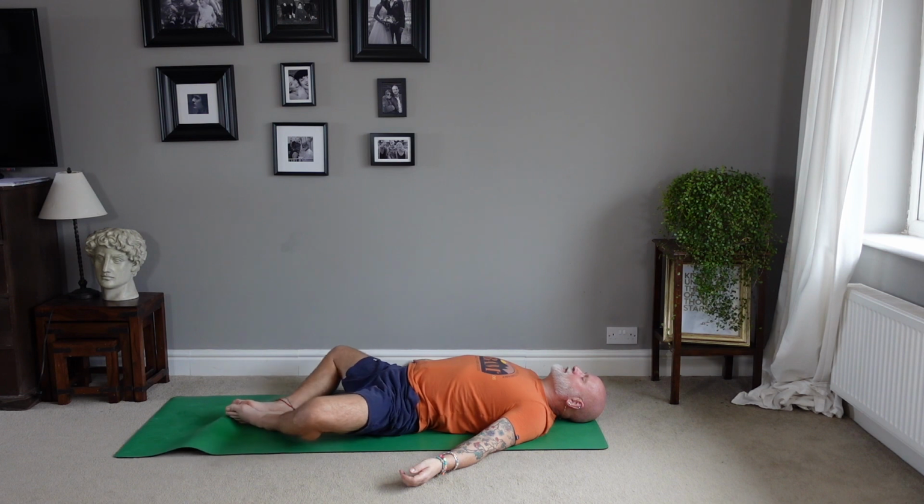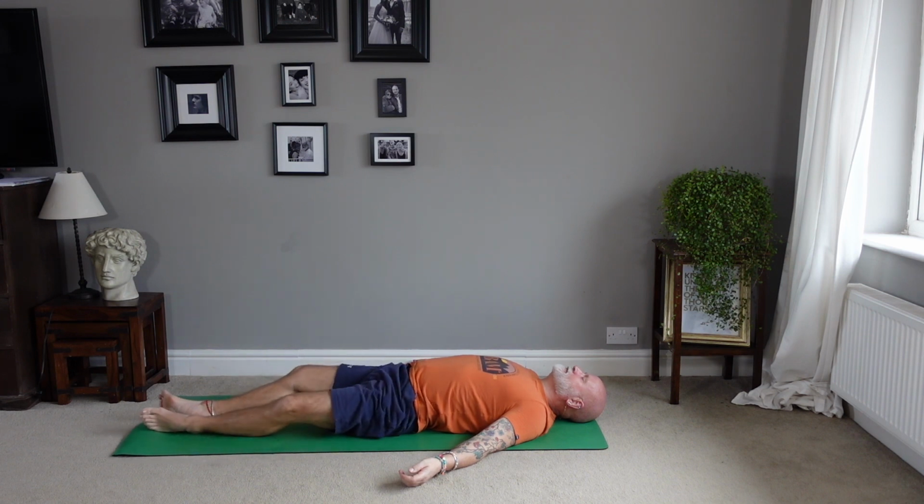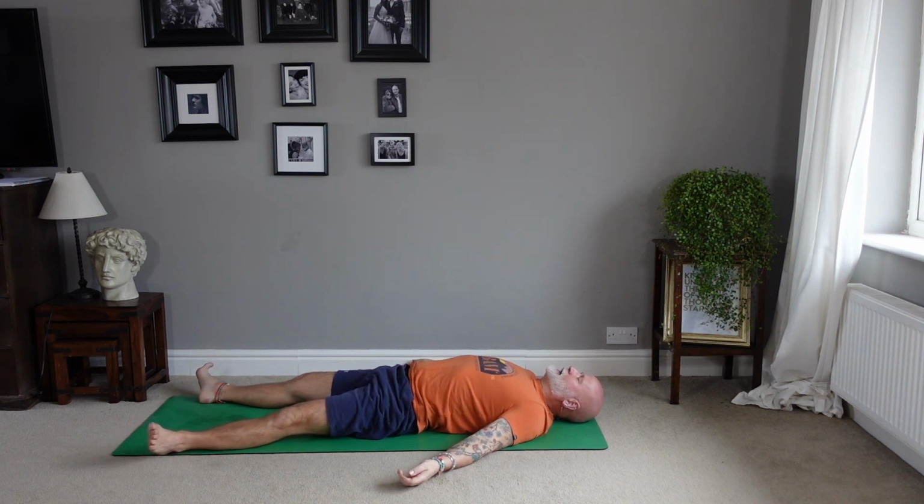Extend your feet down to the bottom of the mat. Take your ankles apart. Relax the toes out to the sides. Take your awareness now back up to the crown of your head. And simply scan down through your body. Picking up if there's any areas of your body that have taken some tension back on again, some tightness. If you find any areas where there's tension in your body again, just focus on that area